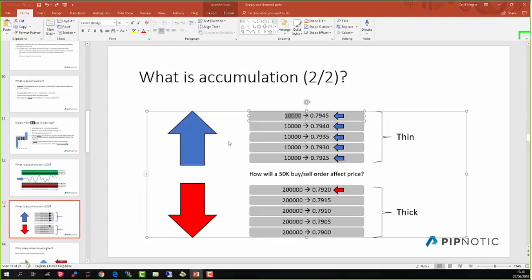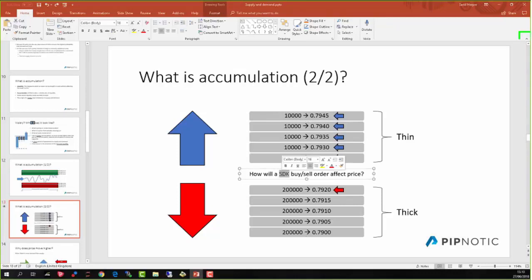We filled our entire order. But what has happened in the meantime? Well, in the meantime, the price has slipped up like so. This is ultimately what slippage is. Thin liquidity. So price consumes this and all of these levels. And so by the time this 50,000 unit order is filled, price has moved up from 25 to 45, so